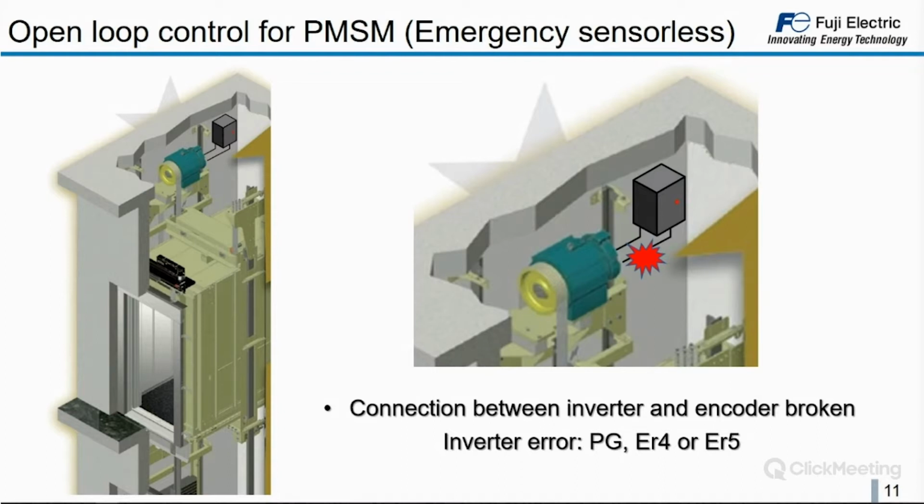But of course, this can happen during the lift installation, when we are moving the lift in maintenance because, I don't know, there was a problem with the cabling, somebody put the wrong cable in the wrong side, or the cable sent by the supplier is wrong, or the board is wrong, anything, and you have the lift stopped and cannot move because the encoder is not connected, okay? So this open loop control for synchronous motor is a new function that will help you to solve these situations because we can move the motor, we can move the lift, let's say, in open loop, so without the encoder.